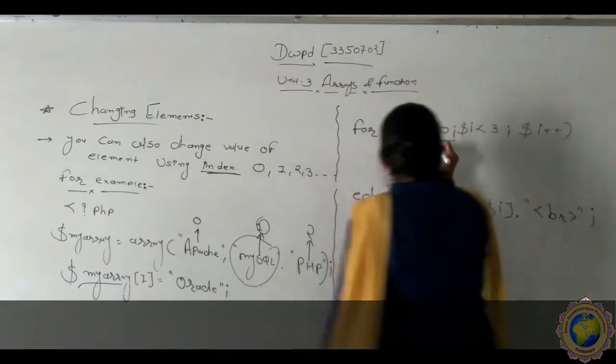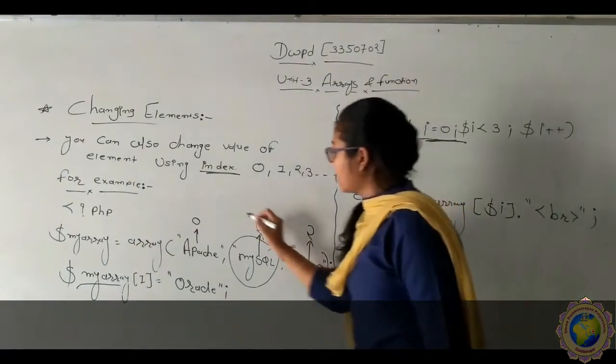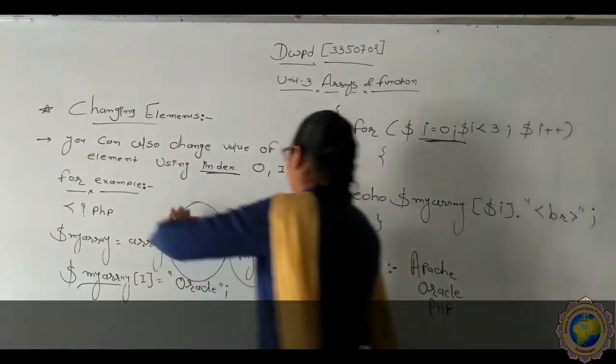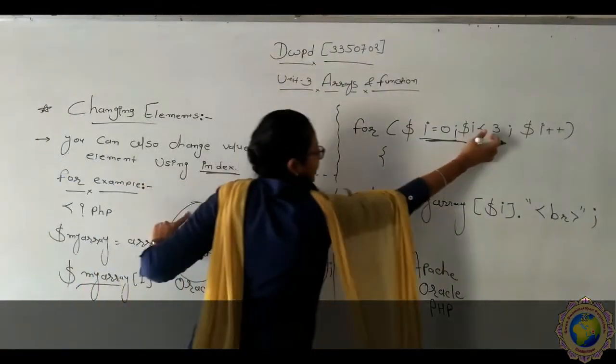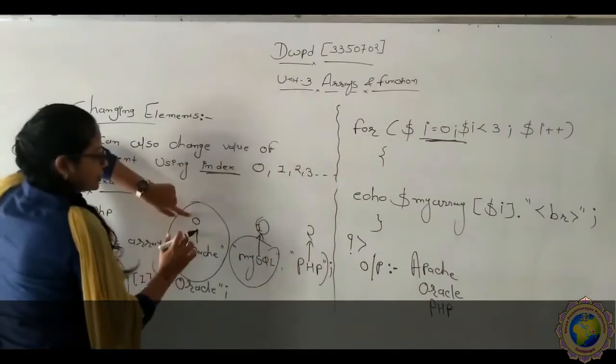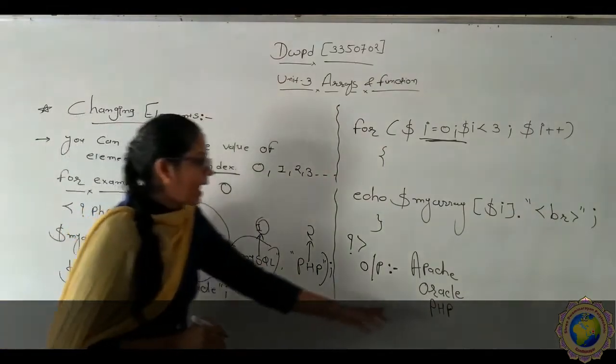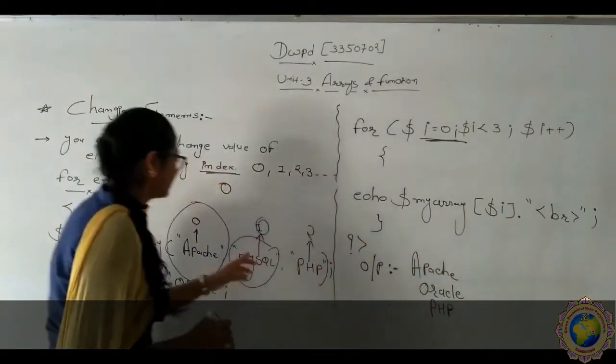So whenever the program starts running using the index value 0, here from 0 up to where? Up to 3, so 0, 1 and 2. So it gives the value at run time 0 as Apache, then 1